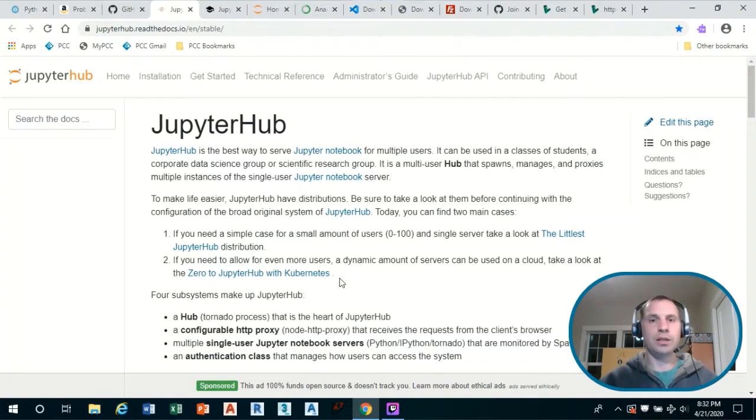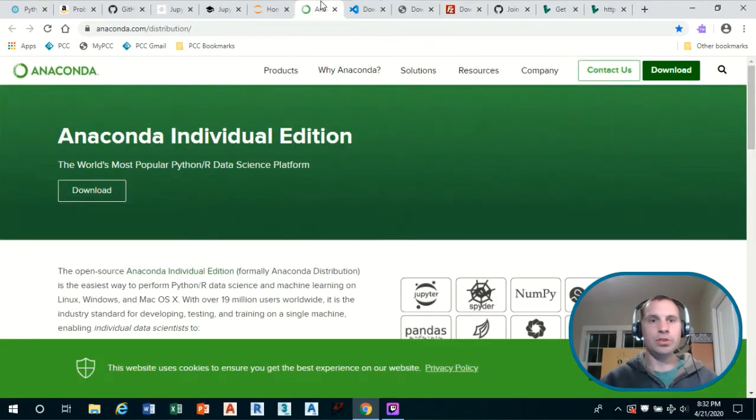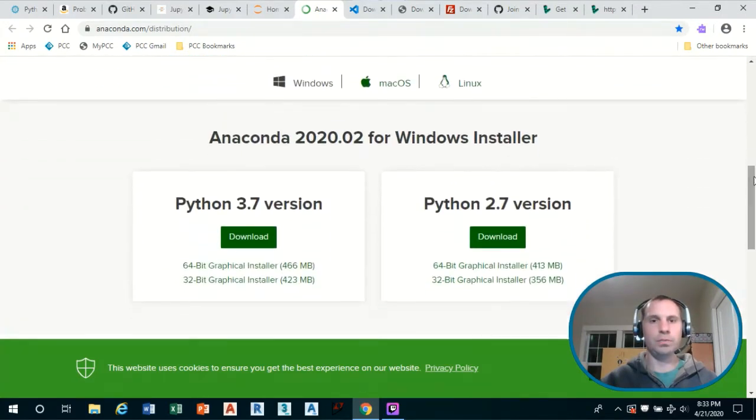So on my local computer, I've installed the Anaconda distribution of Python, and if you are an undergraduate engineer or someone who's playing with Python for the first time, I do recommend installing this Anaconda distribution of Python.